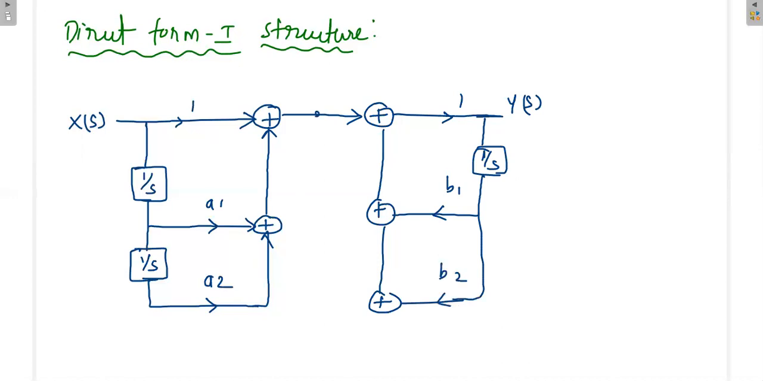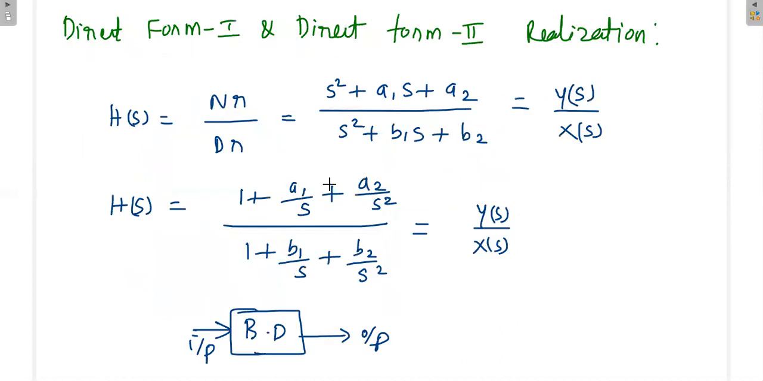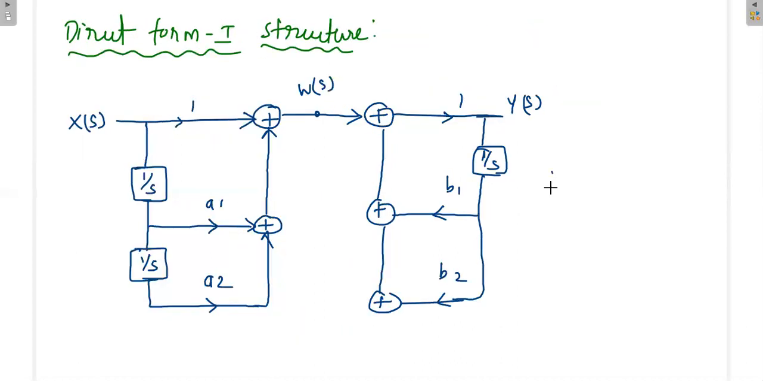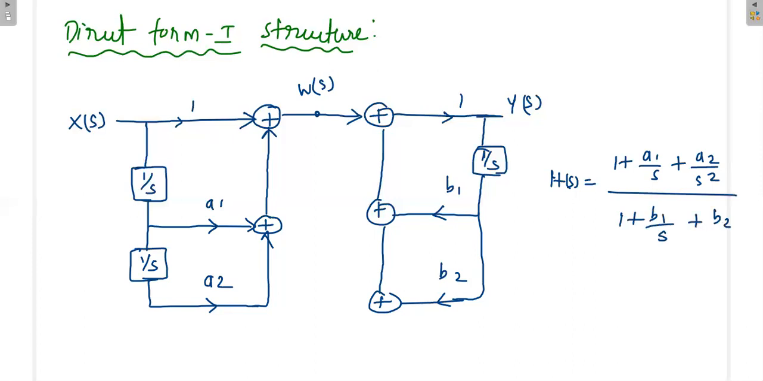This intermediate function, I will call it W(s). Why we are using W(s), we'll see that reason later. What is the skeleton equation? This equation I'm going to write on this side: H(s) is equal to 1 plus a1 by s plus a2 by s square, divided by 1 plus b1 by s plus b2 by s square. If you see here carefully,